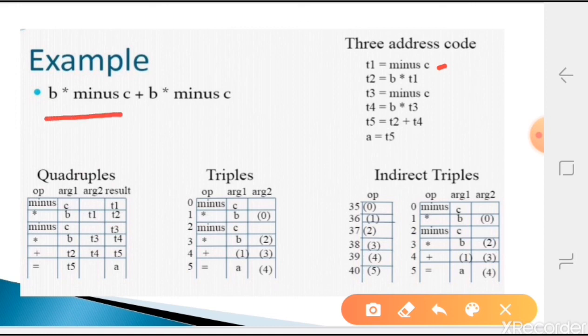Minus c we saved in t1, and then t1 we used in quadruples. Instead of using the temporary variable t1, we use the index only, that is 0. In that index, whatever result is there, take that one. Normally we use the index of that statement.